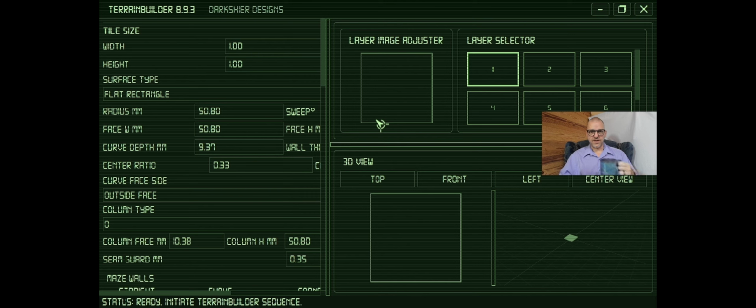Okay, so this is the terrain builder. I wrote this program specifically to help me deal with texturing things. Now, if I want to design, for instance,